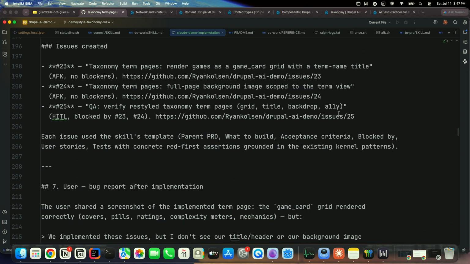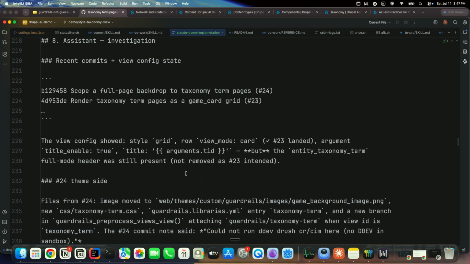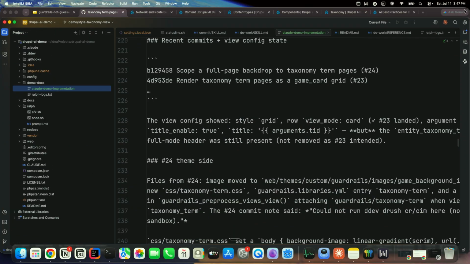Don't just hit OK. Read your PRD. You don't have to read every last little word. Read the synopsis, read a couple parts, make sure that it's on board and it looks like it's on the right track. So I went through and I did all this, and then once I had all of these issues,